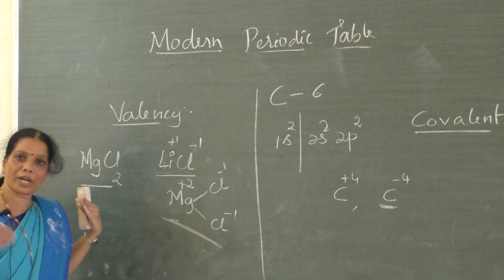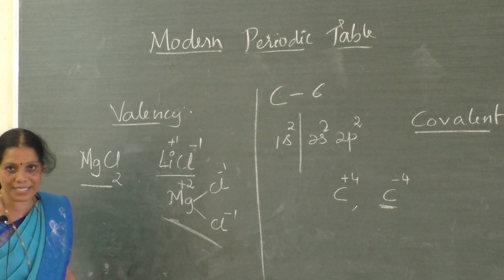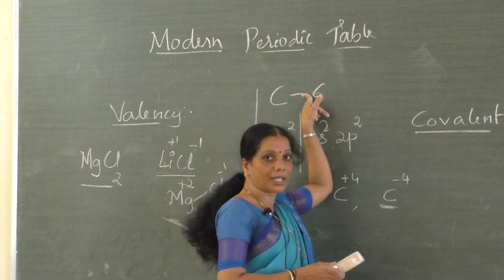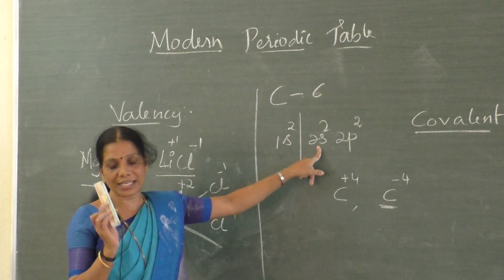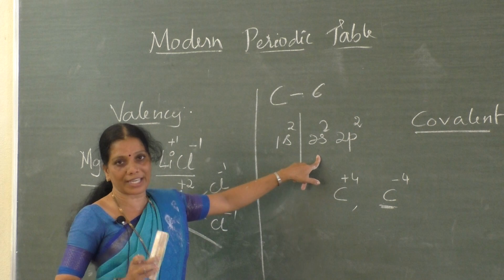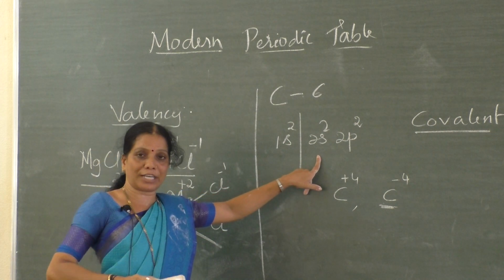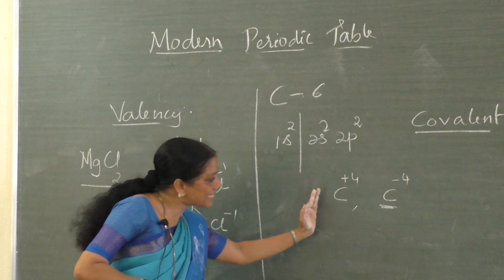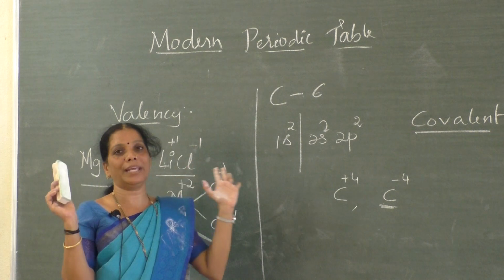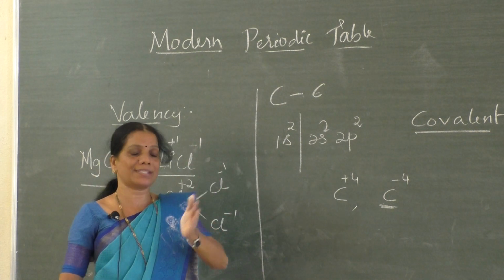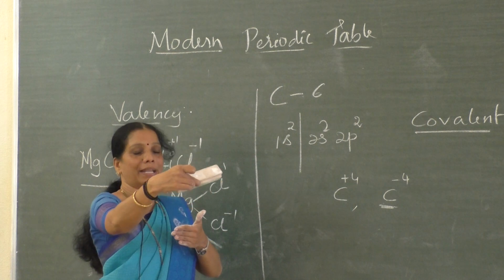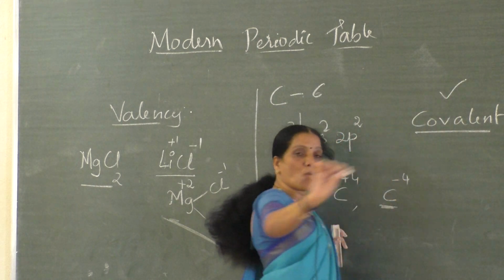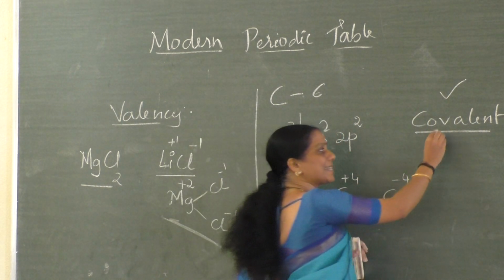See, lithium chloride or magnesium chloride or any other compound of lithium or magnesium, if you consider, they are always what? Ionic compounds. But in the case of carbon, see, the outermost valence shell contains how many electrons? 4 electrons. Either it can donate those 4 electrons or it can accept 4 electrons, isn't it? But instead of existing in the ionic form, carbon usually always shares its electrons with the atoms of other elements, resulting in the formation of which compound? Covalent compound.